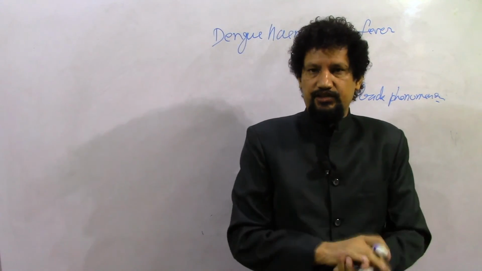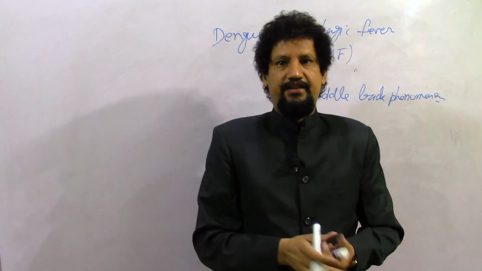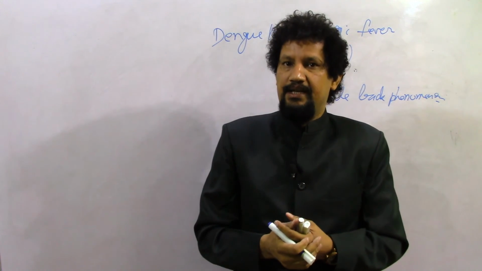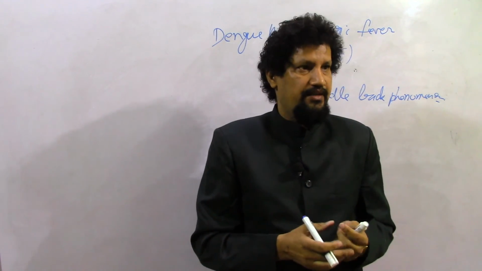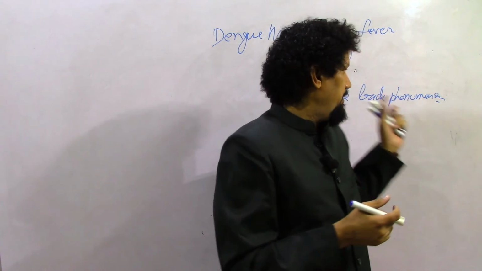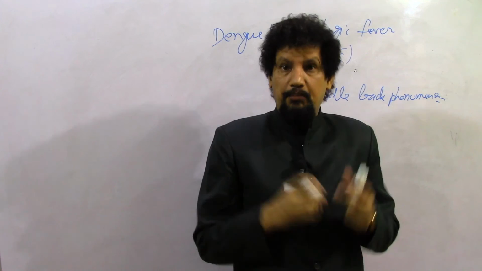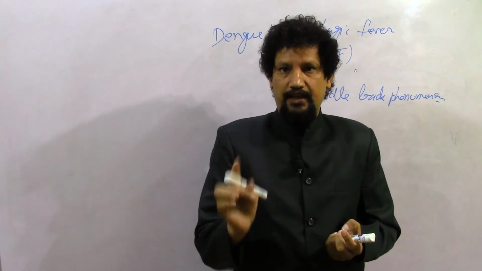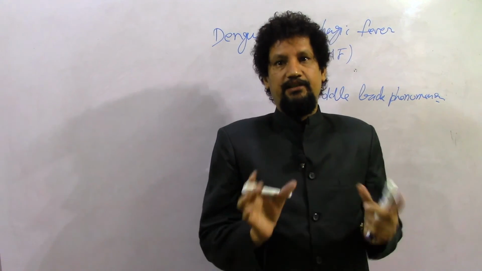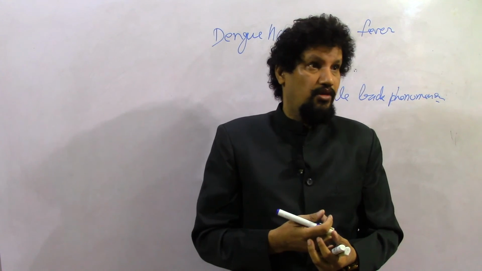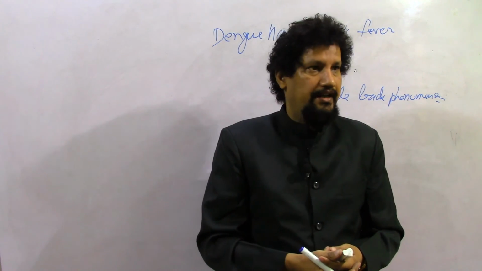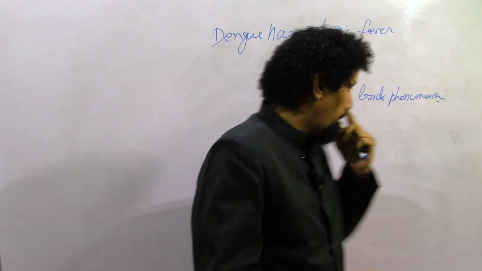If a person is infected by type 1 serotype and reinfected by type 1, may lead to hemorrhagic consequences or manifestations of the dengue fever. But when the serotype is other than 1, it may be 2, there will be more serious form of the disease, especially in case of type 2. It is more fatal and serious form of the disease.